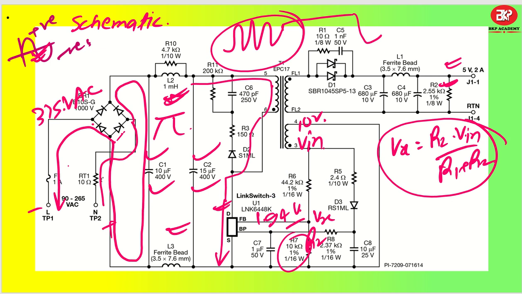Now moving to the other phase, which is the compensation circuit. So this is the compensation circuit that you can see here, R5, D3 and R8. R8 is actually nothing but the current limiter resistance that has been put into the bypass pin.